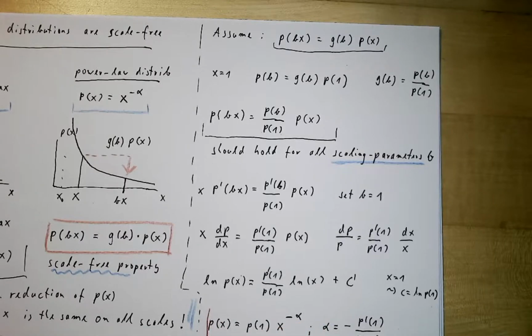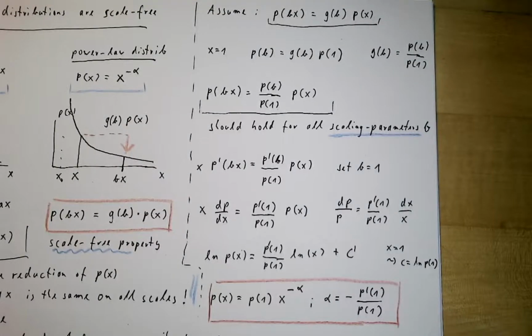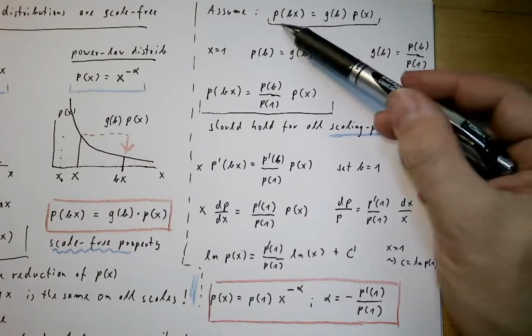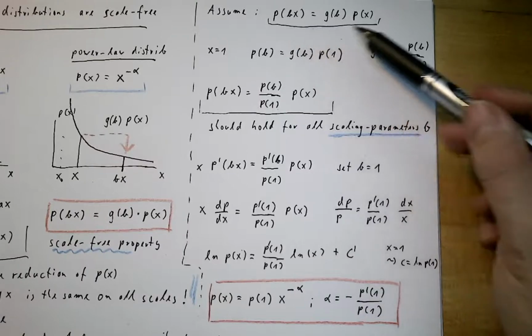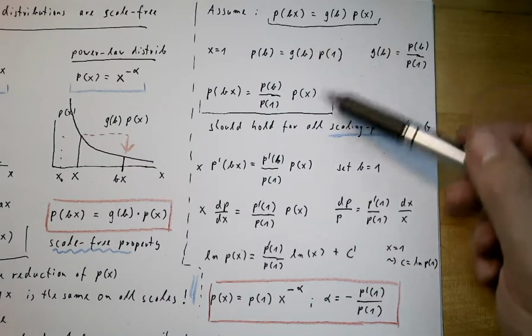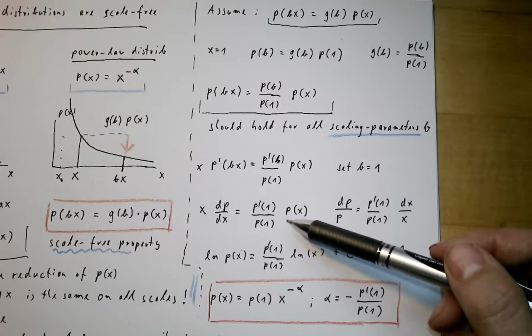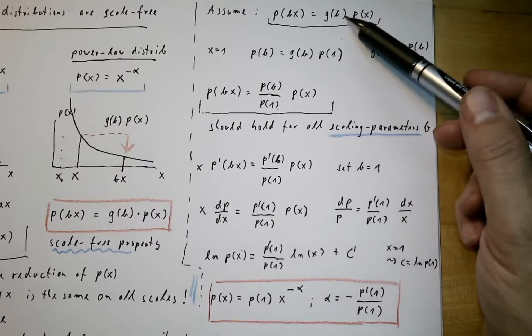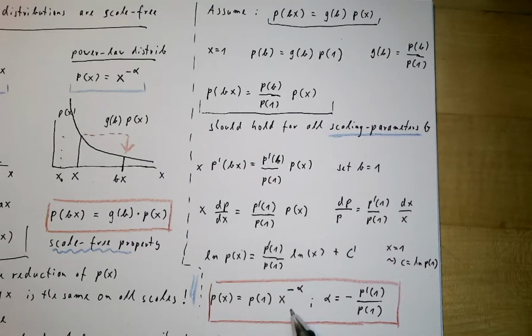And so indeed we see that if we start with this assumption, we have a scale-free distribution, we can make a simple calculation and see the only distribution consistent with the scale-free property is a power law distribution. Maybe at this point